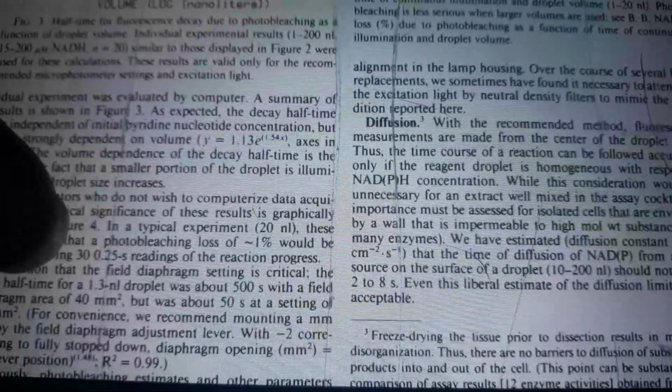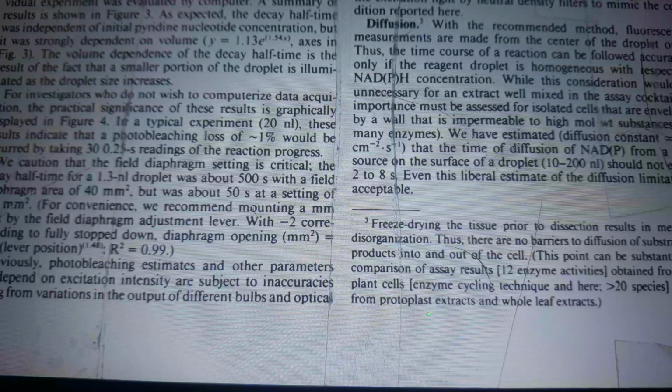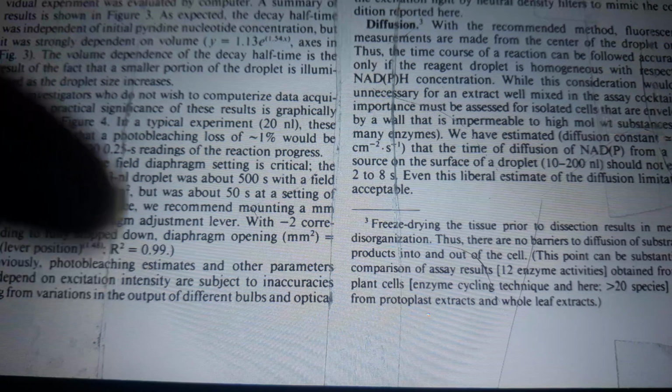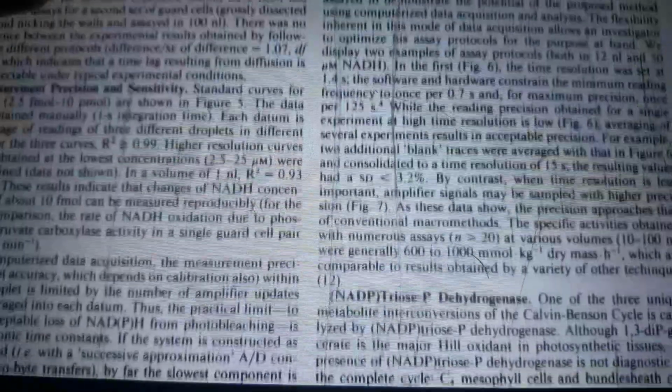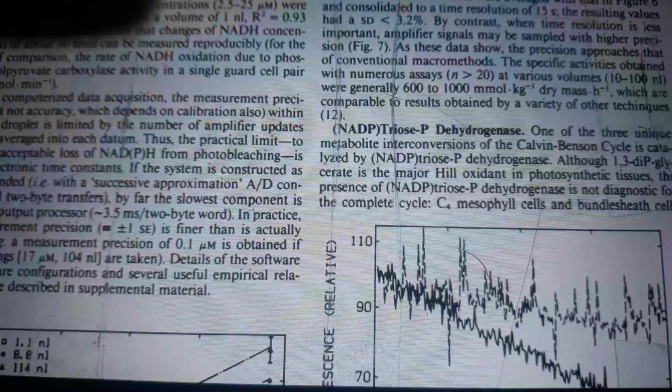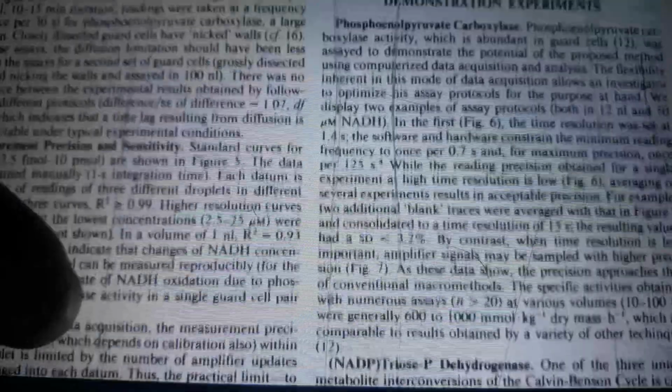Then there is the diffusion issue with the recommended method. Fluorescence measures are made from the center of the droplet only, thus the time course of a reaction can be followed accurately. The demonstration experiments cover measurement precision, sensitivity, NADP trials, dehydrogenase,